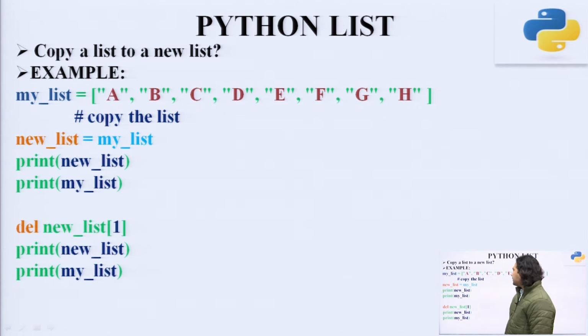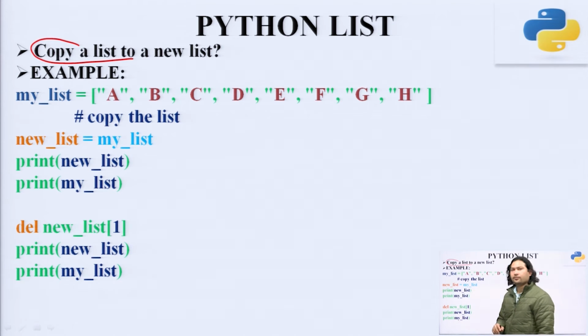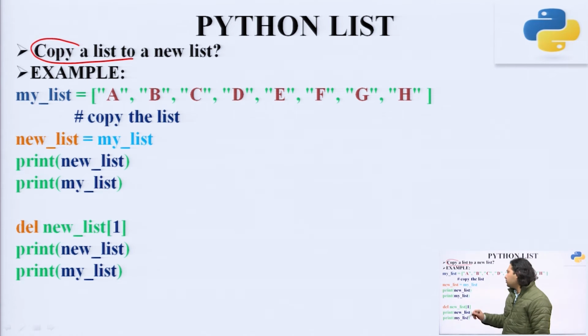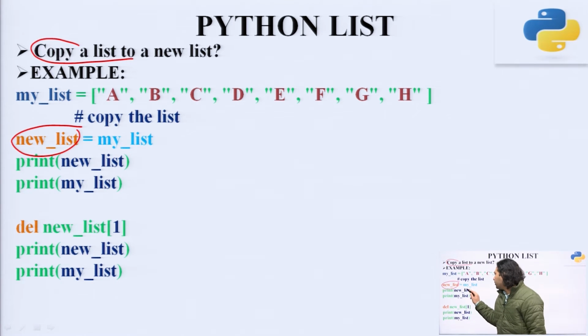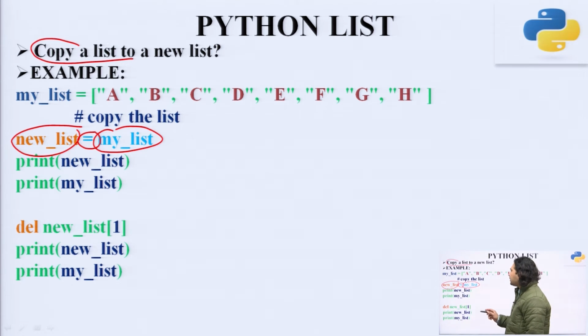The next thing is a very beautiful operation, and this is how to copy a list. Generally in most programming languages, the logic is very simple. You just need to put a new variable followed by the assignment operator and the previous value. So, this is the normal syntax to represent a copy of a list into a new list, but can this statement work in this list or not? Let us find out what is happening with this operation.